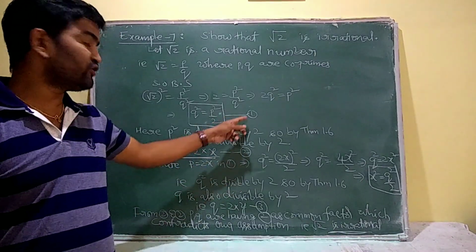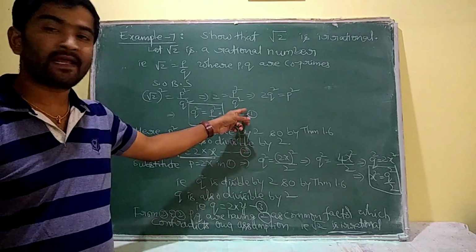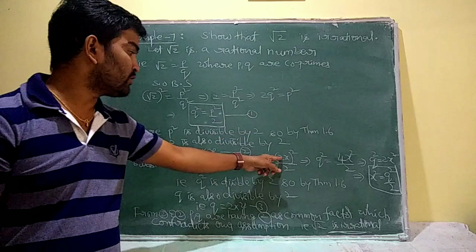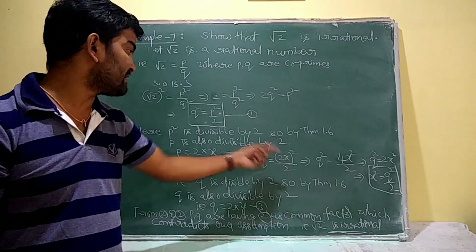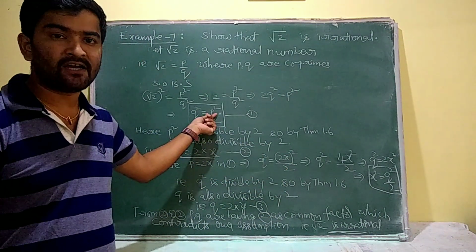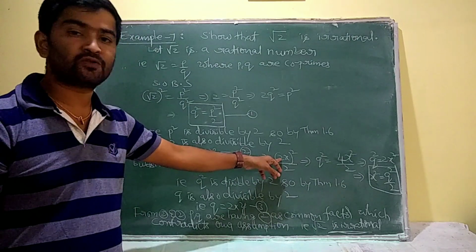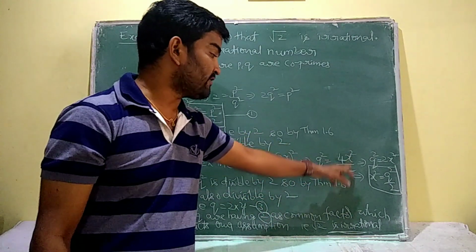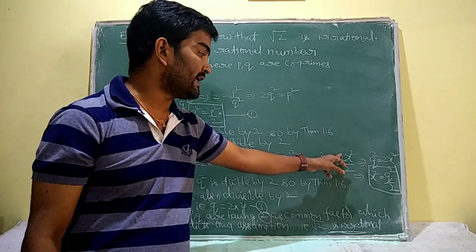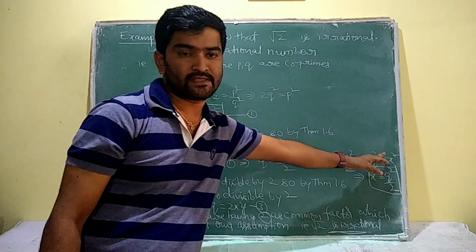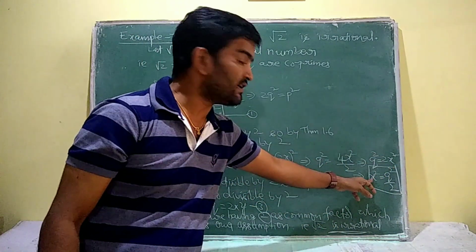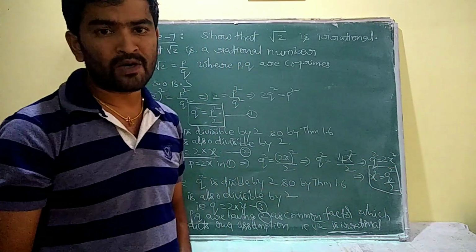See ma, by substituting equation 2 in equation 1, we will get q square is equal to 2x whole square by 2. Why? Because we are substituting 2x instead of p. I will express that 2x whole square as 4x square. So 4x square by 2. 2 and 4 will cancel, then we are left with 2x square. Then q square is equal to 2x square. By that I will write x square is equal to q square by 2.